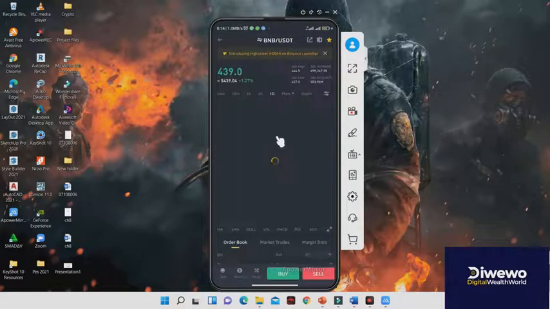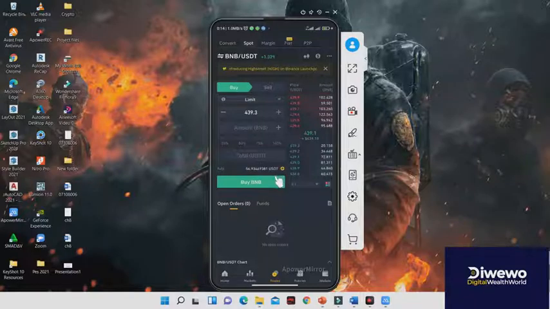So as you can see, it's showing me I have 56 available. Initially, it was not showing me anything available because there was no money in the wallet. But now I have transferred the money from my funding to my spot wallet. Don't forget,